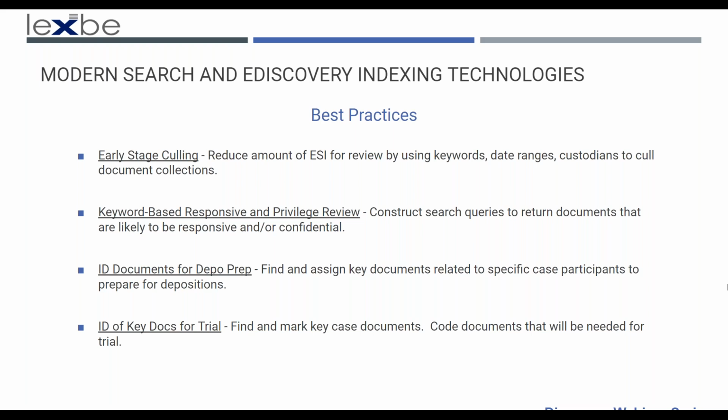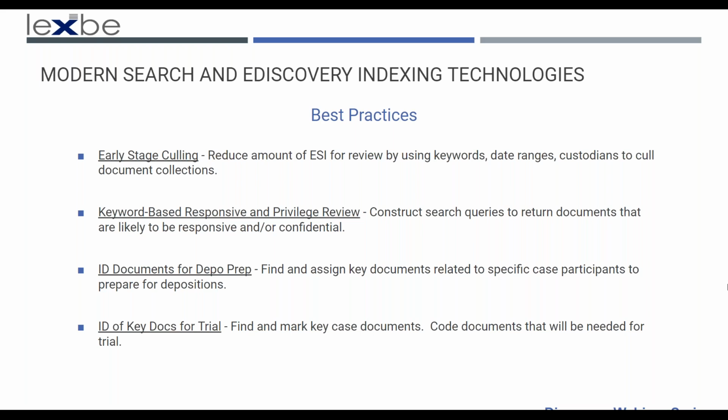But for some early stage culling, you don't need to have an agreed upon keyword term to go by. You can just use your own information that you have based on what you know about the case and develop your own list to start out, and maybe later on get something in writing in your discovery order.